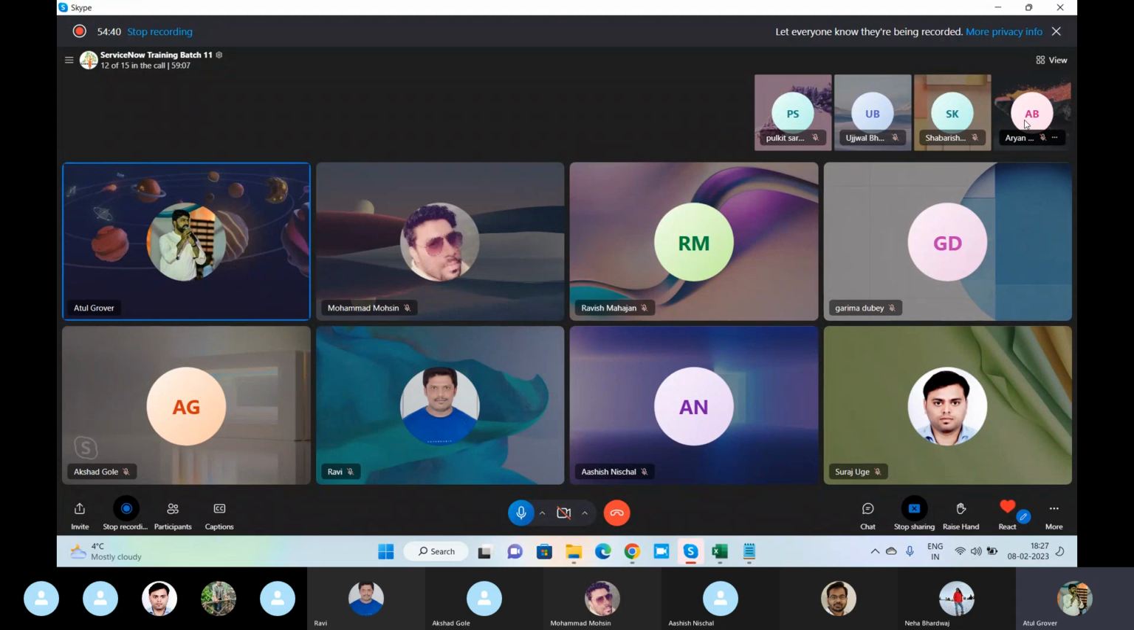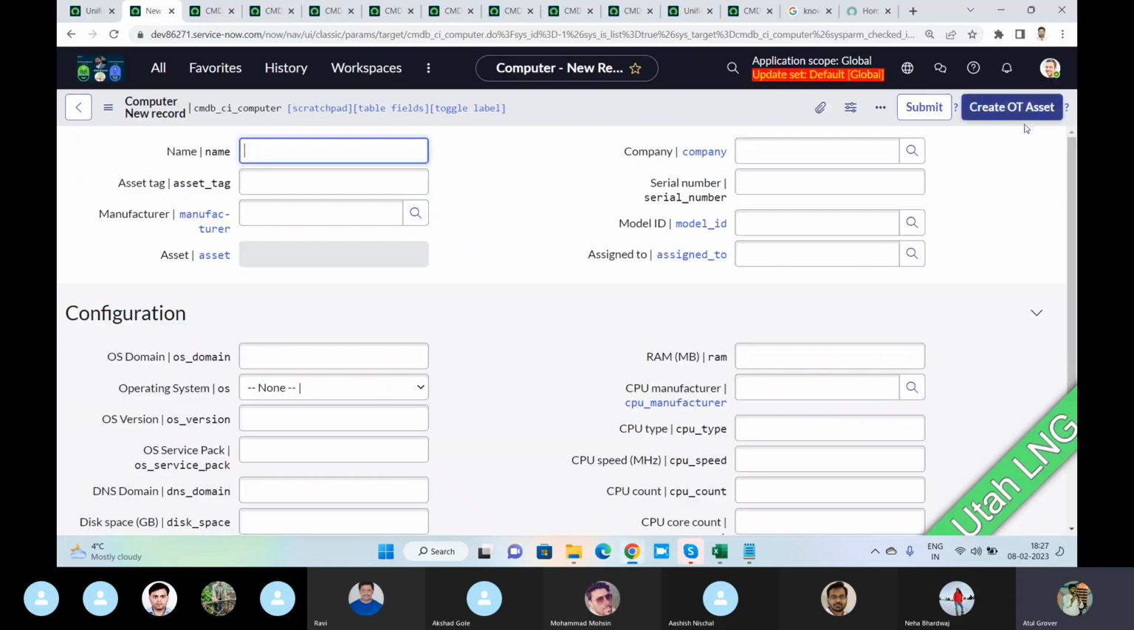Never ever create an asset first. Always create a CI first and then create the asset. I'm talking from a ServiceNow perspective. Never ever create an asset first. Create a CI and it will create the asset automatically. So here you can see, let's say I want to create a CI LNG